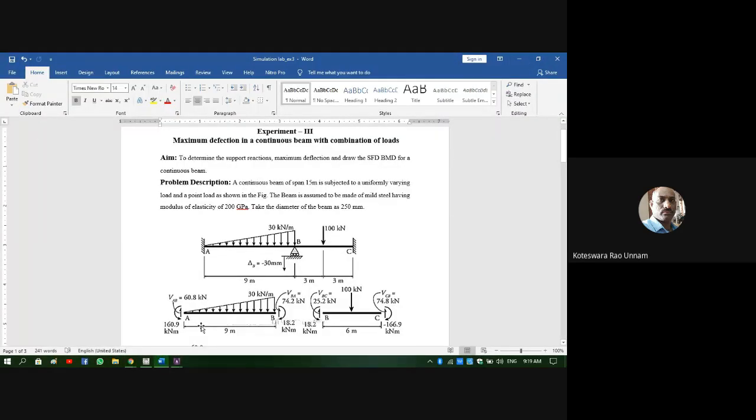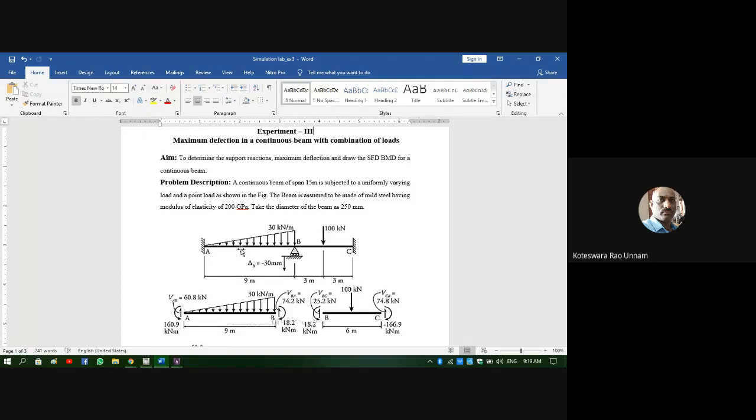In the earlier problem, we took Beam 188 as an element. We already discussed that. Beam 188 has two nodes and 6 degrees of freedom for each node. Those 6 degrees of freedom are 3 translations and 3 rotations.